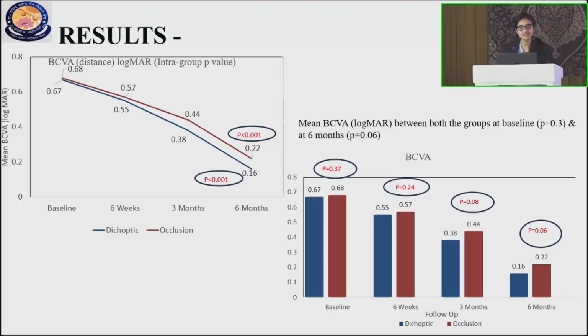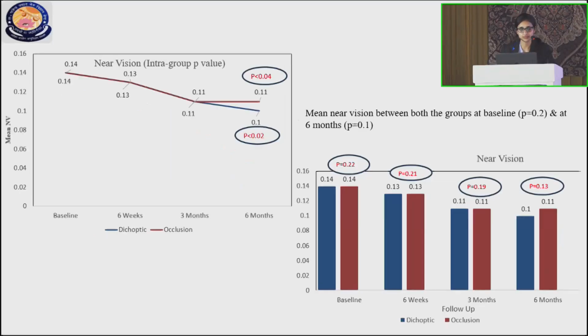We concluded at the end of 6 months that the age and demographic profile in both the groups were comparable. The best corrected visual acuity in both the groups improved from baseline to 6 months after the end of the intervention, although it was statistically non-significant when compared between both the groups. The near vision also improved in both the groups from baseline to 6 months, with p-value 0.2, although the intergroup p-value